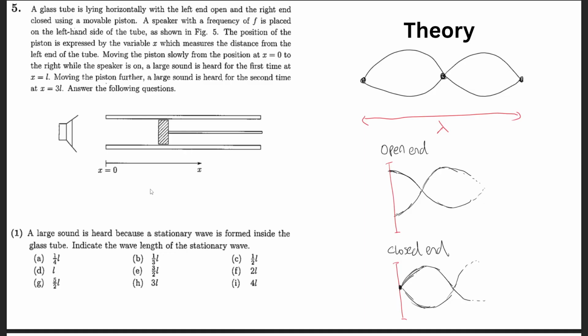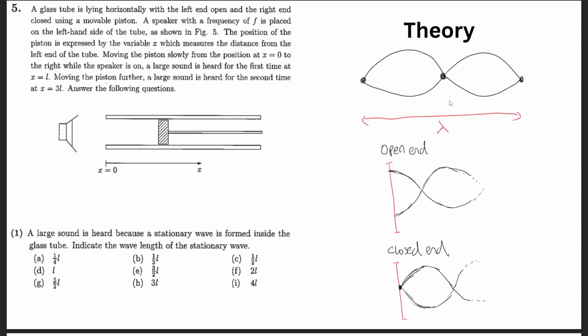1. A large sound is heard because a stationary wave is formed inside the glass tube. Indicate the wavelength of the stationary wave. So the theory that you have to know is that when there is a wave and there are two ends, whether they're both closed or one of them is open, it will form some sort of lemons. So the wave forms a lemon like this,